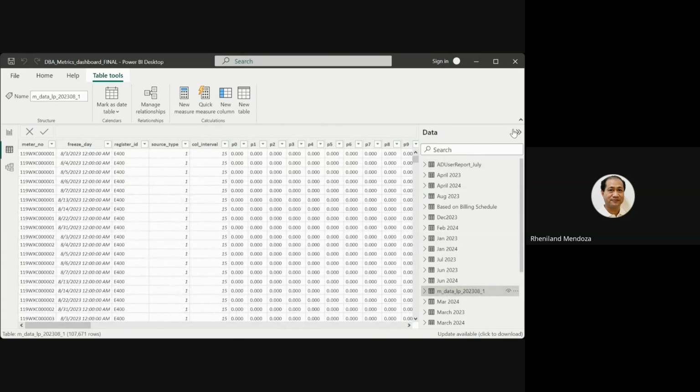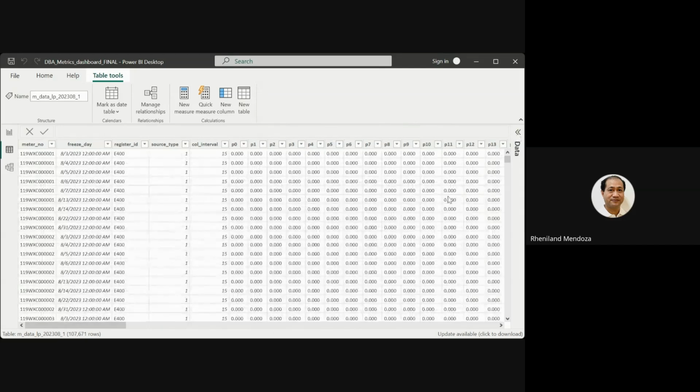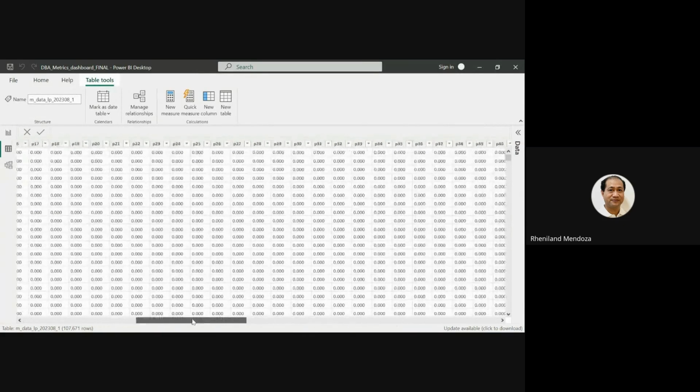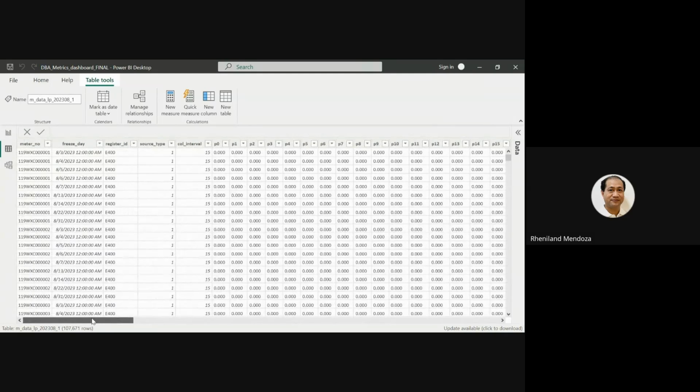So let's minimize this frame on the right. This is your data. What can we do initially? As you can see here below, it says that it has 107,671 rows.